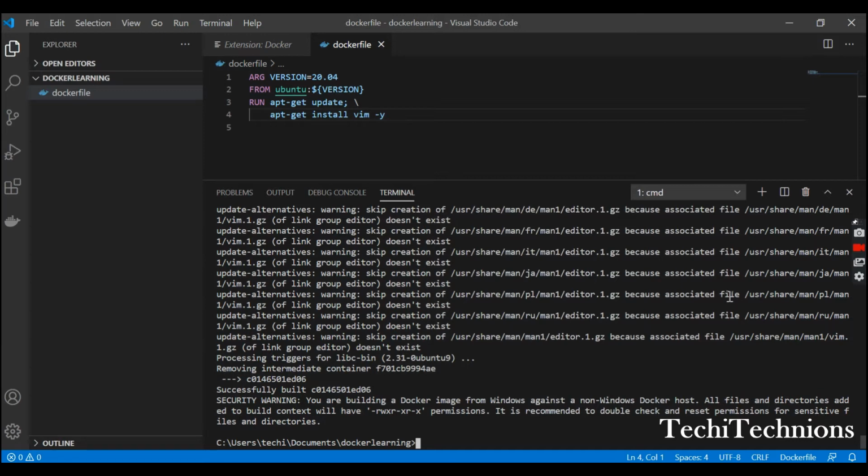So you all saw that it went through a number of steps. I cut the video in order to save time. It will take time. As it is done in a Linux system, it will take time in this also. So we saw that -y was given because whenever you install anything on a Linux system, it will ask you yes or no. So we give this -y tag so it doesn't stop in between and continues the work, and finally it is installed. We can see a successful build message over here.